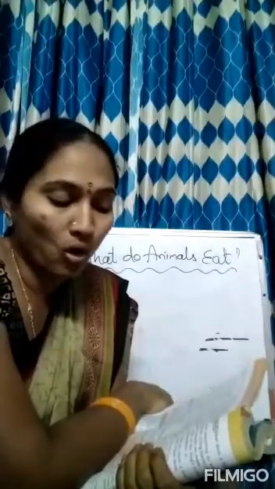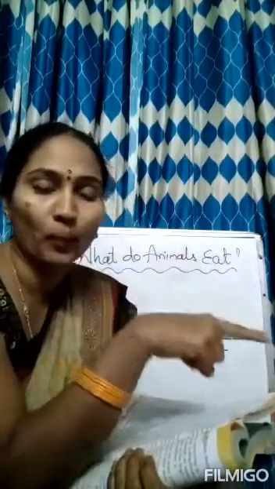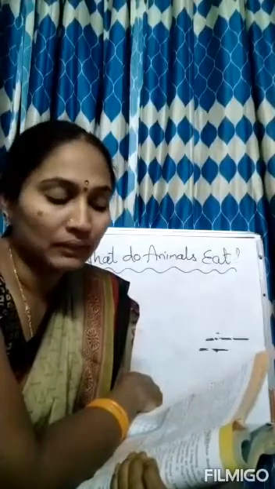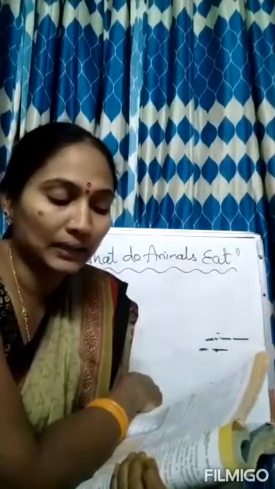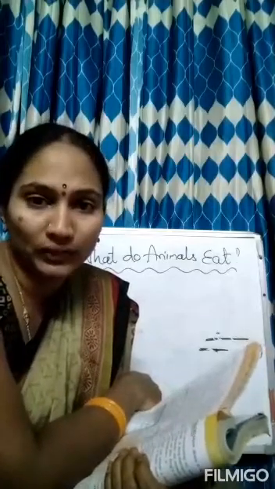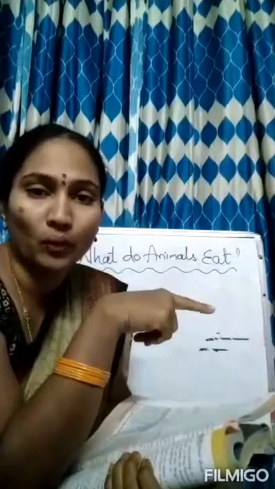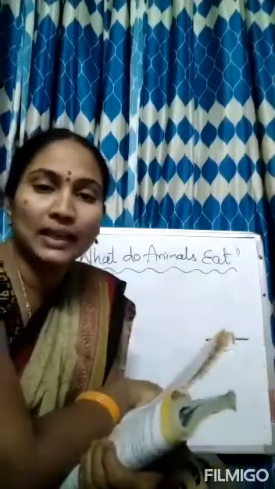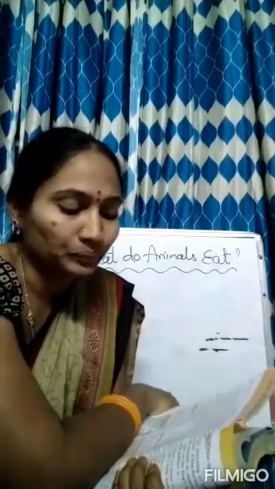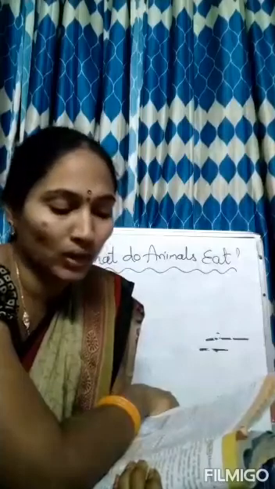Woodpeckers have a long and strong beak. By using this beak, they remove the layers of bark and eat ants and pests that lie under the bark. Bark, that is the trunk of the tree. So they will remove the bark of the tree with the help of their long beak. Then they will eat the insects and ants or pests that are inside the bark. Crane has a long beak to catch fish in water.